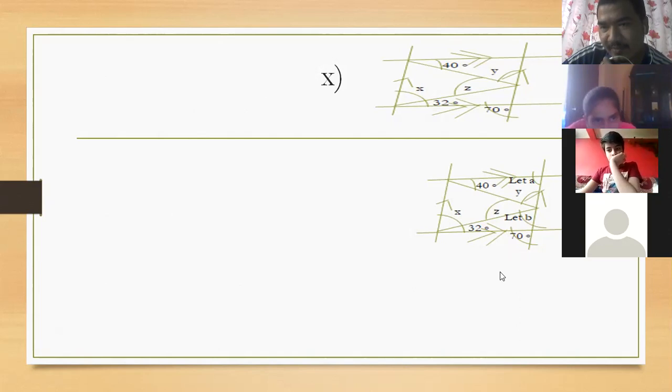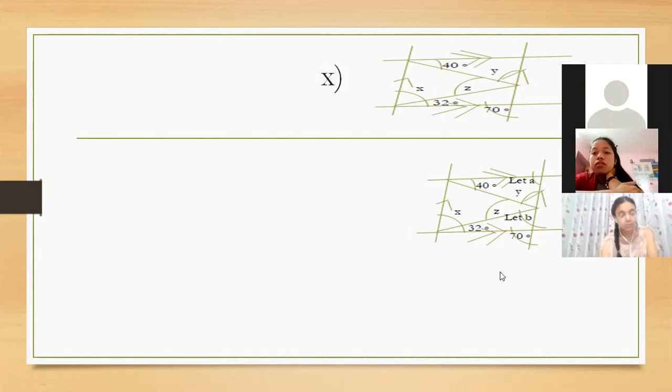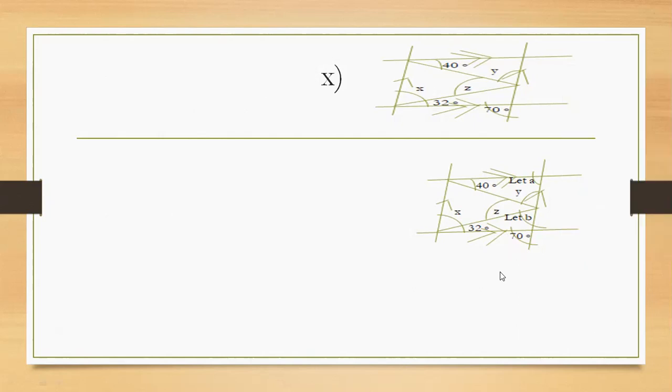Who is telling the correct answer? Sir, Aditya. Aditya, good, very good. After that, look here. First of all, write A equals 70 degree, being corresponding angle. Do you know when we add x and 32, x plus 32 will be alternate angle with 70 degree, because this line and this line, look here, are parallel. Okay, children?